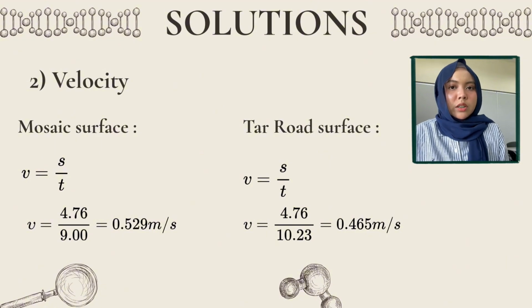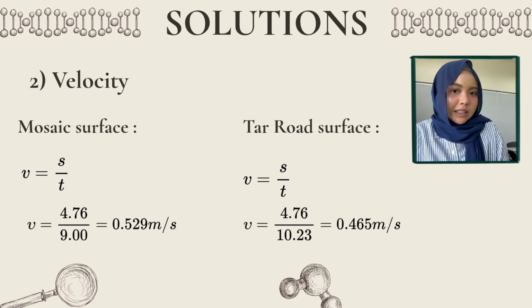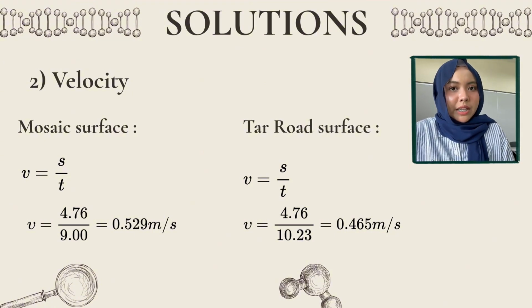So first, we will calculate the velocity of the trolley using the velocity formula, which is V equals S over T, where V is velocity, S is distance, and T is time. For the mosaic surface, V equals 4.76 divided by 9.00, and we got V equals 0.529 meters per second. For the tar road surface, V equals 4.76 divided by 10.23, and we got V equals